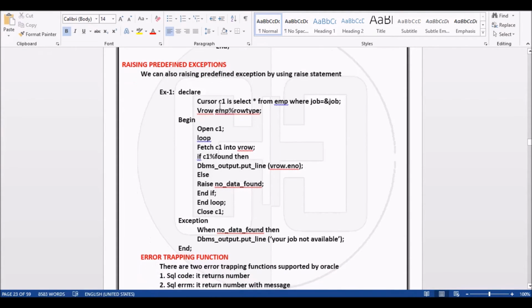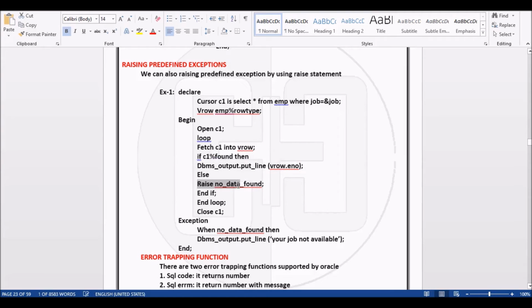Okay, see here, so declare. We are declaring a cursor C1 is select star from emp, where job is equal to &job. Okay, so v_row emp%rowtype. So we are opening the cursor and fetching it and copying it, so we are printing it here, and else.